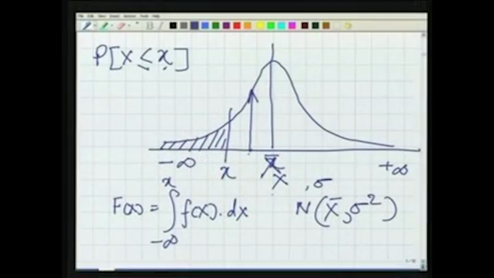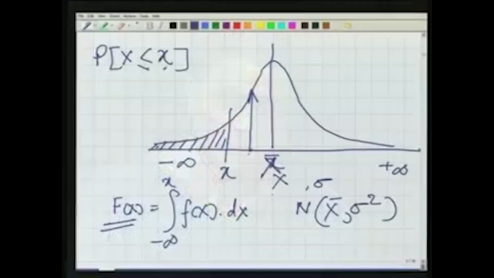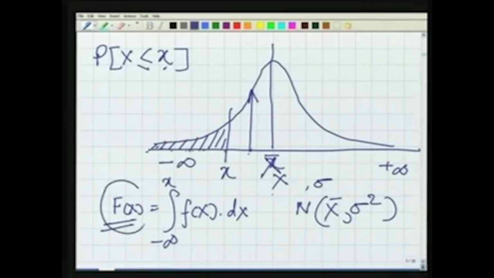So, what will it do? It will give me the area of the curve in between these two. Now, let us look at this thing in a slightly different way. What is this really? This is telling me the cumulative probability, the probability of occurrence of all the values from minus infinity to x is this value. So, this is actually the sum of all these probabilities starting from minus infinity to here at x, because we are taking this area.